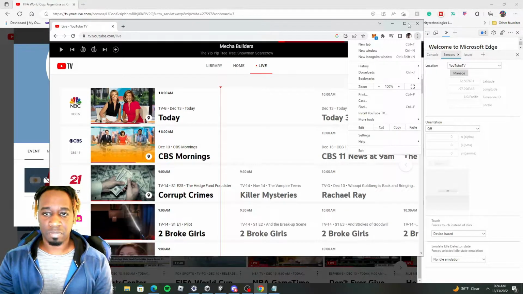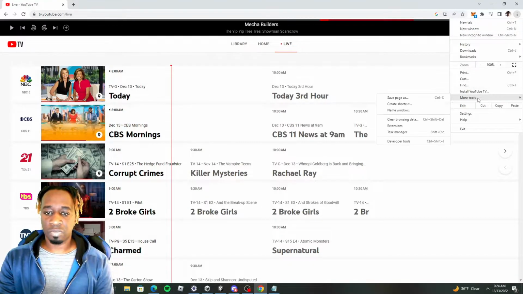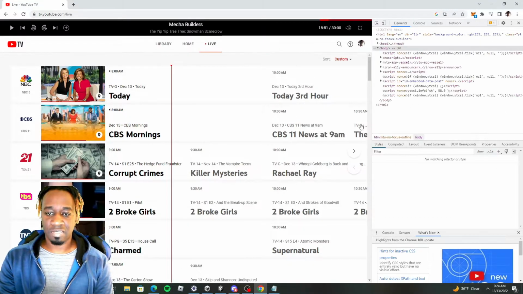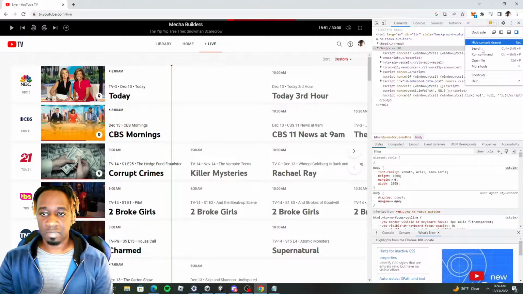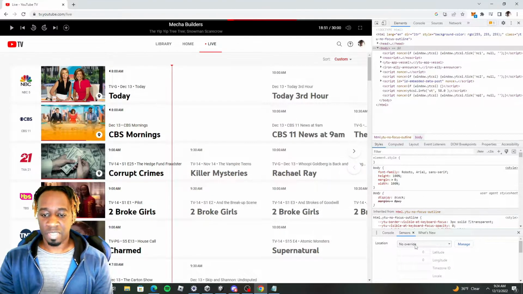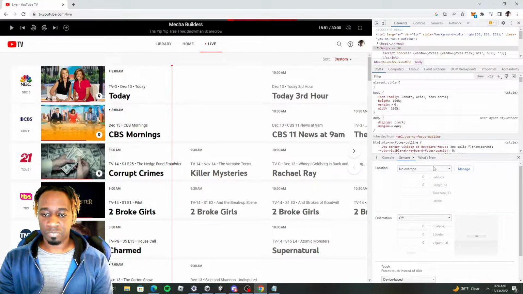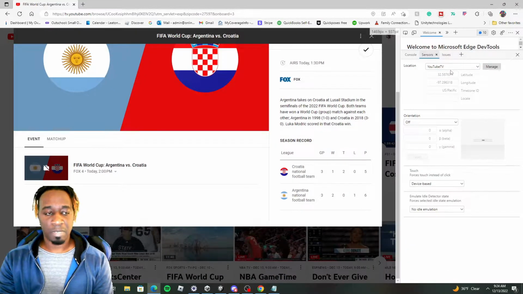How to get to this location on Chrome or Firefox should be the same. Guys, the same little box here, the same little 3 dots, more tools, developer tools. You can see it's just the same way. It looks different here. So up here, here's another 3 dots. Click, more tools, sensor. And then here it is down here at the bottom. Okay, so it's basically the same. All right, so let's go back to Chrome, where I'm showing you here, or Microsoft Edge.